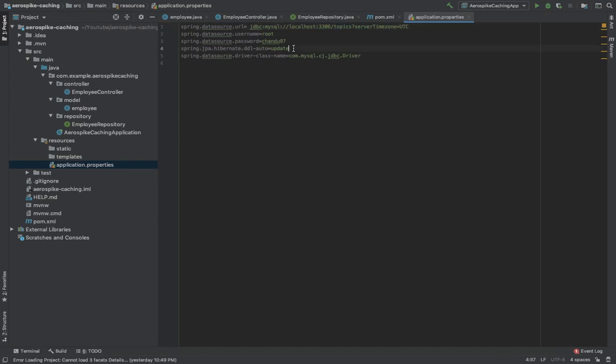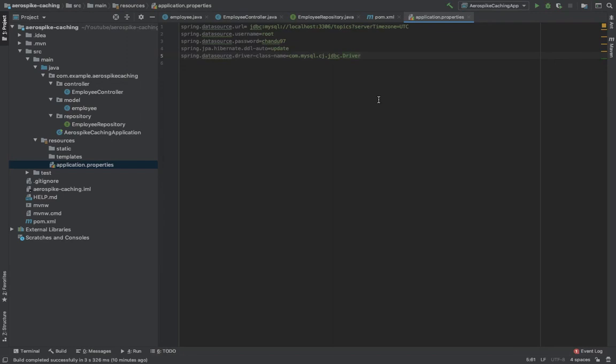And I have used the update method in my DDL auto here. What it does is, if you don't have the employees table already present in your database, it will create it for you. But if you already have the table, you can set this property to none. I'll keep it as update for me. And if you don't have any MySQL server, check out my video on how to set up a MySQL server on your local system. I'll add the link in the description.